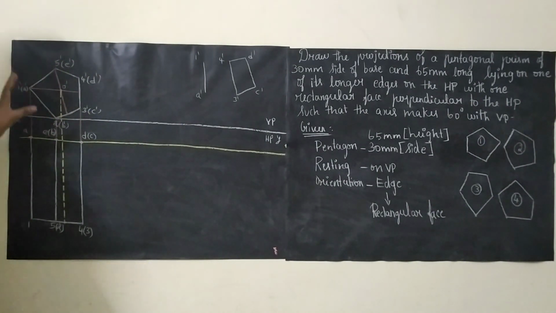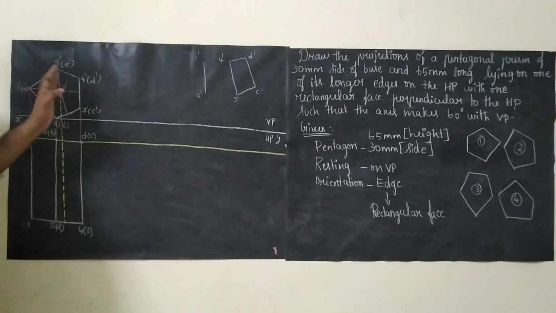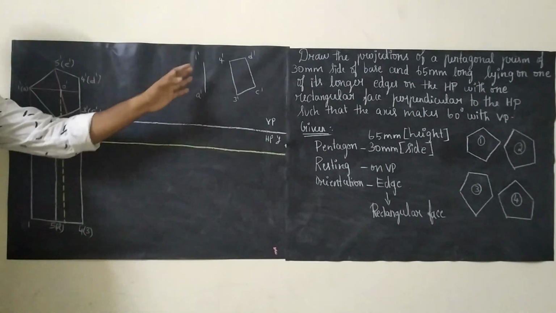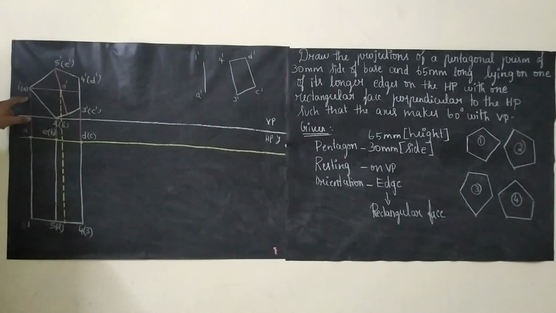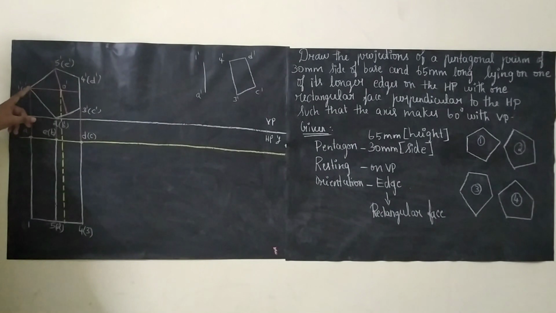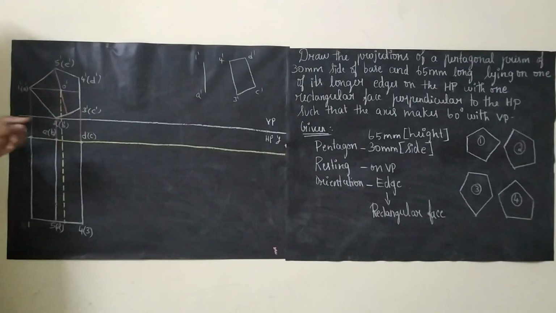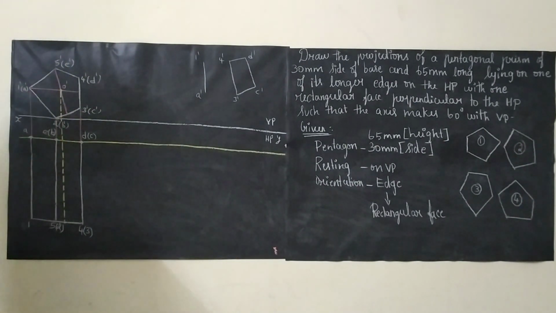So see to it that after drawing a pentagon, keep this as reference and draw the XY line. So X, Y, and we can write vertical plane and horizontal plane. Just go with this diagram, and the reason I clearly explained. So this one is called an edge and this one is called the rectangular face. Naming, you will be knowing. In this diagram we need to mark the axis. So just take this corner and bisect this line and just join these two. These two lines will intersect at one point. That point is called O dash.